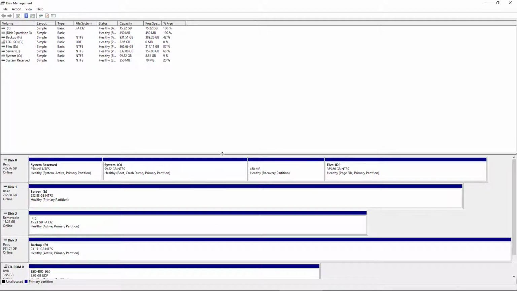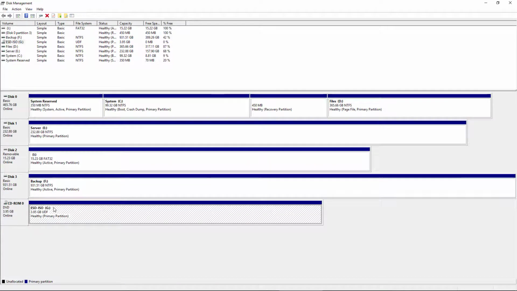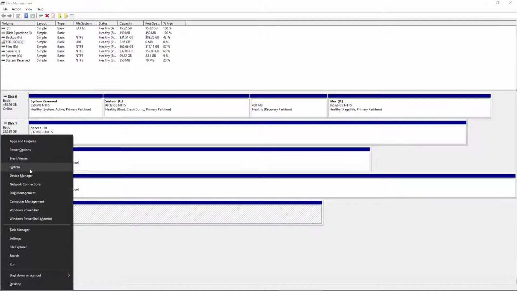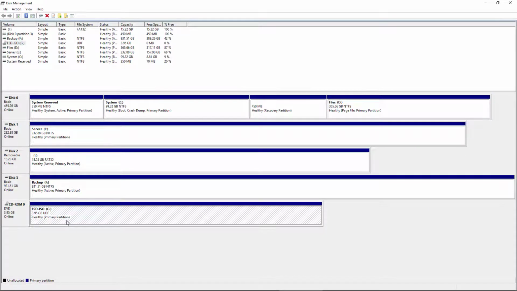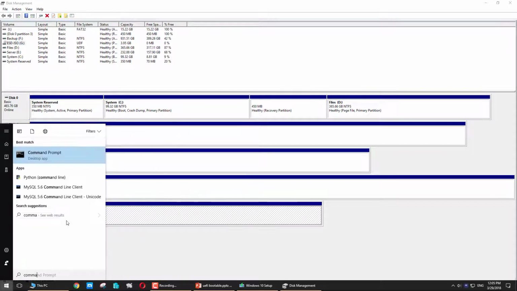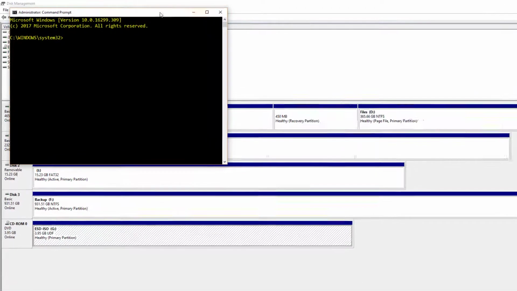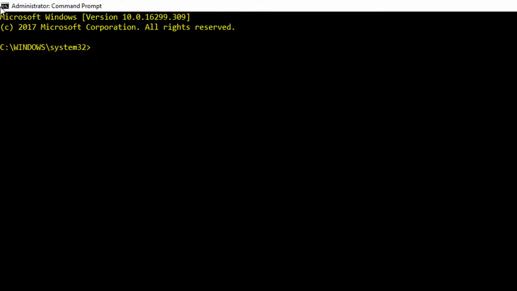Now we can go to Disk Management, where you will see another disk, a CD-ROM, in your Disk Management. This is the ESD-ISO, and it's in UDF format. Now you can open either Windows PowerShell or the command line with administrative privileges. On the command prompt,